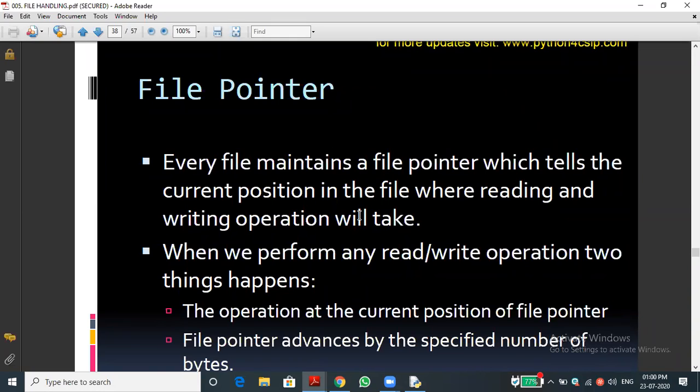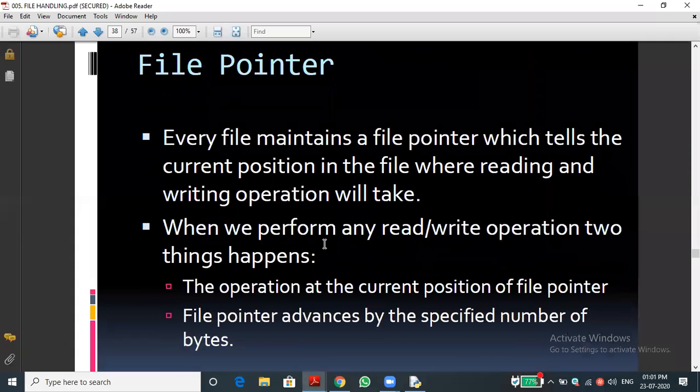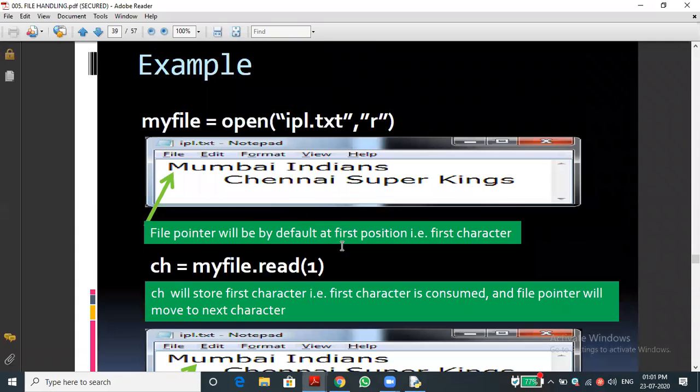Okay, next topic is the binary file. So far we discussed only the text file. How to move the pointer to the desired location in the file, all that we will see in the upcoming chapters. Whenever we are dealing with the binary file, you will automatically know it. The file pointer is the minimum concept here. They gave an example.